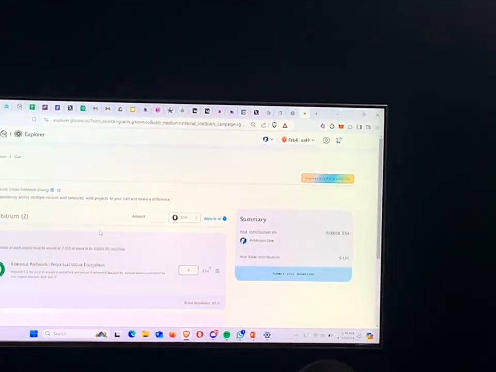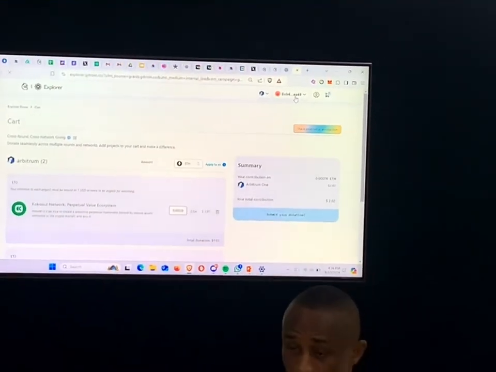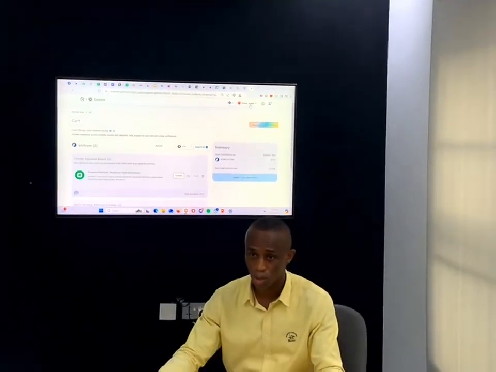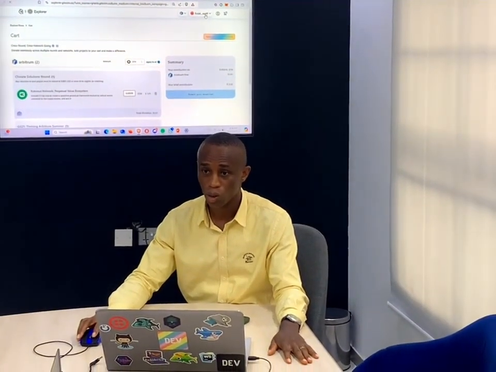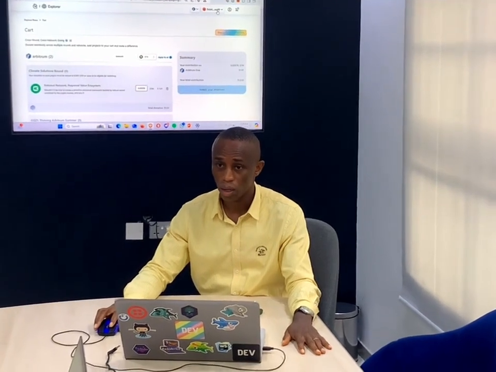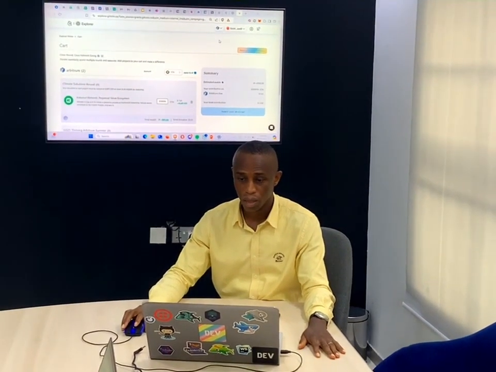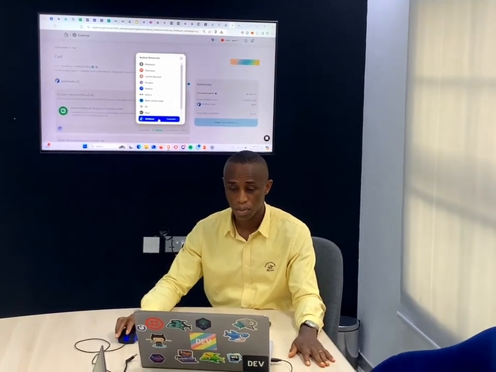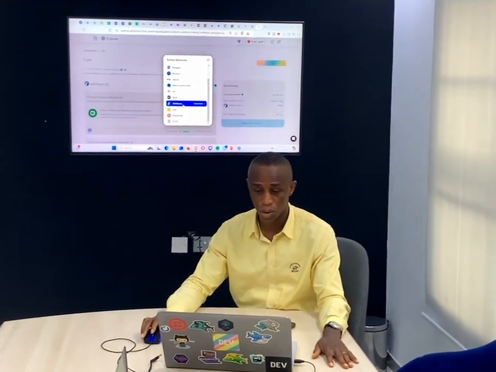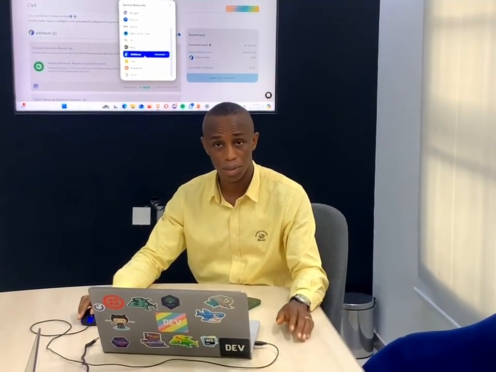And it will now bring me to this page. Don't forget that my wallet is already connected. You need to connect that wallet. Yes, you need to connect your wallet. Your wallet needs to be connected to Gitcoin passport. If your wallet is connected to Gitcoin passport, you will donate from here. And I am on the Arbitrum network. If you are not on the Arbitrum network, you need to come and be connected to the Arbitrum network. There are several other networks here, you see, but this round is running on Arbitrum, so you need to be connected on Arbitrum.